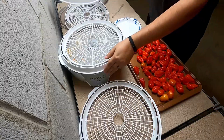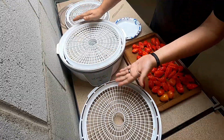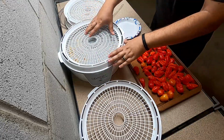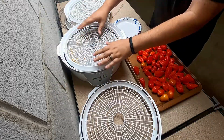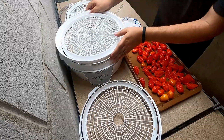The 4 trays are stackable into each other so that they can be stored easily. They actually stack upside down, which makes it even shorter. But you have to stack them a certain way to make sure that the airflow gets through. So if you put it upside down like this, it'll be way too close and it'll actually burn the bottom layer of peppers. So you want to make sure that you're stacking it up higher and that you alternate